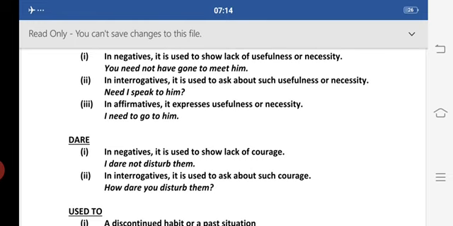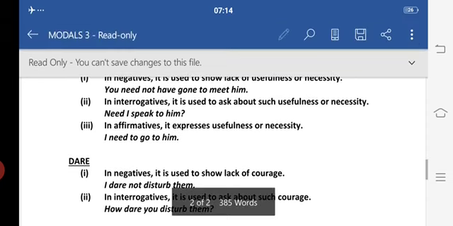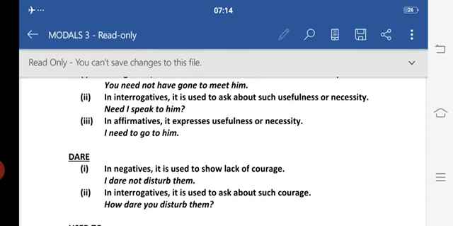Now students, need is mostly used in negative sentences and in affirmative sentences with negative meaning. There is no past tense form of this. It expresses absence of necessity, right? It can be used as a modal verb as well as a main verb. First we'll take an example of main verb. I need her support. Here I have used need as a main verb. Now need के बाद आप देख सकते हैं इसमें मैंने कोई other verb use नहीं की. It means I have used it as a main verb, not as a modal.